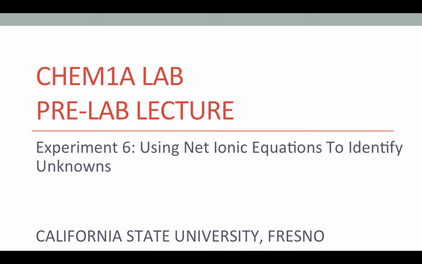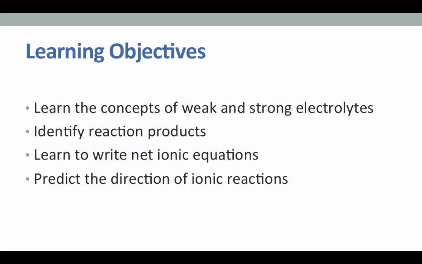Welcome to the Chem 1A pre-lab lecture for Experiment 6, using net ionic equations to identify unknowns. Our learning objectives for today are to understand the concepts of weak and strong electrolytes, to be able to identify reaction products, and to learn to write balanced net ionic equations. In the final parts of the experiment, we will learn to predict the direction of an ionic reaction based on the